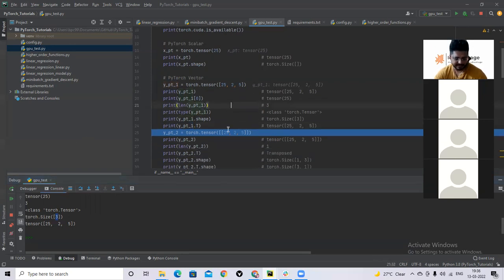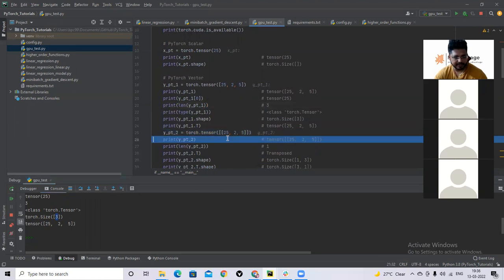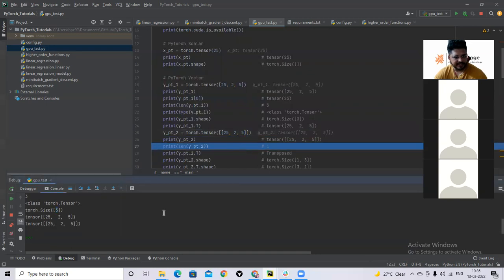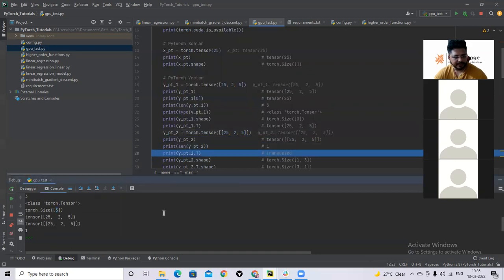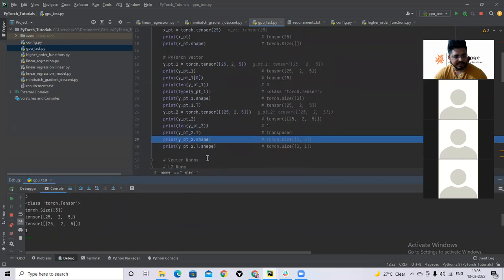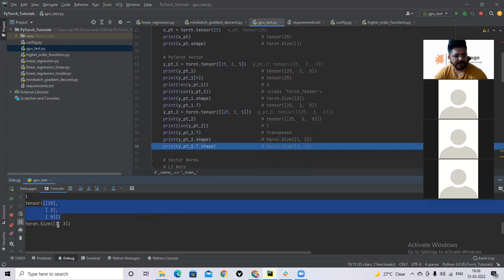But here is a difference. Here I am declaring the same torch tensor vector, but I am using two brackets. You see here, two brackets here, two brackets here. Now, if I print this tensor, the transpose is like this. Why? If you print the shape, it was 1,3. So it has one row and three columns.